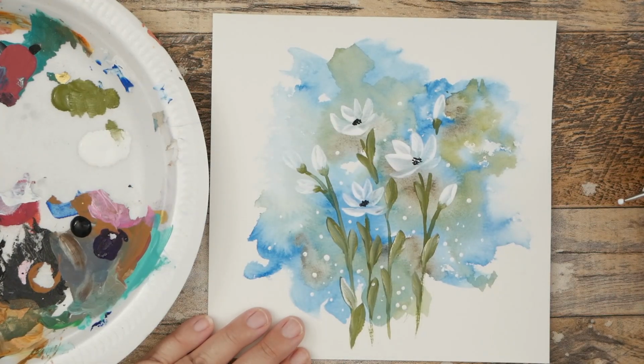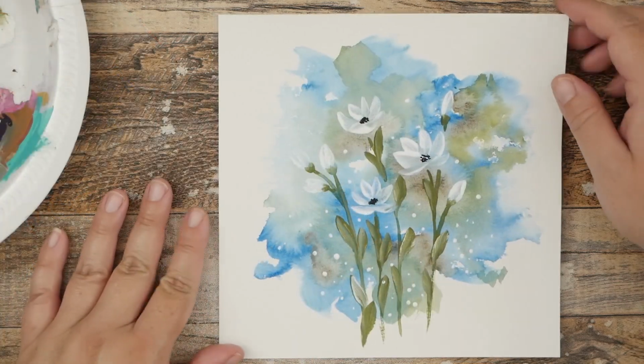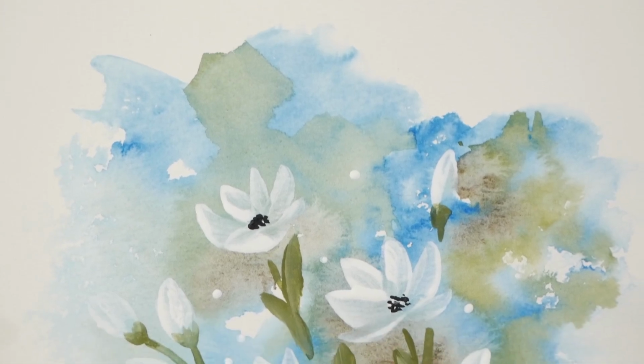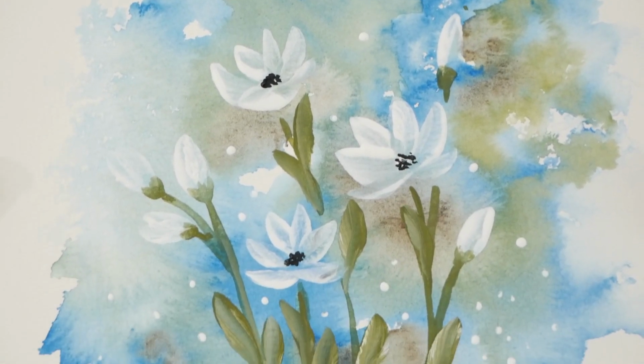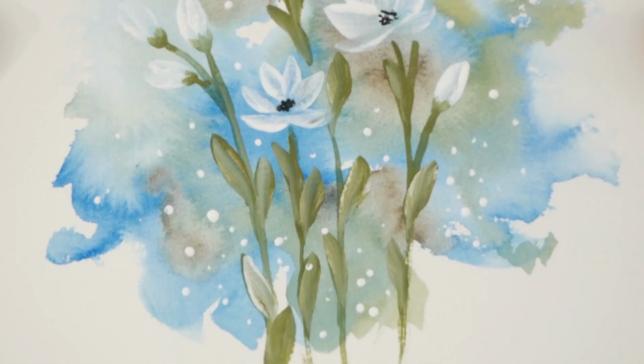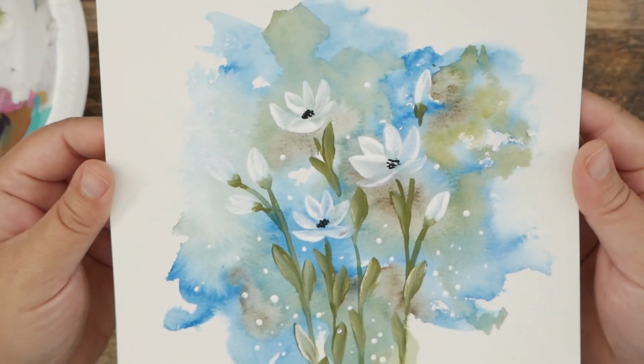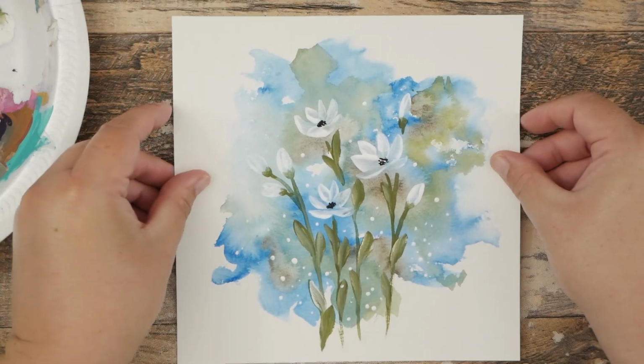So I finished it up, and I'd love to know your thoughts on how this turned out. My leaves are looking a little wonky because it looks like just a line across the page of leaves. So that, I think, was part that I didn't care for, but I hope you enjoyed this painting, and until